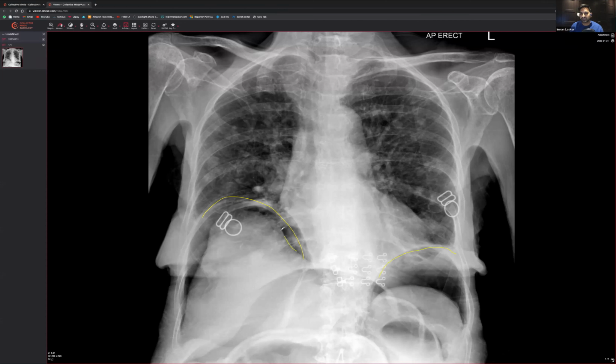But here you can see a nice interface, not nice for the patient, but nice for us to see, that there is the liver and there's an interface here. Can you see that? There's a translucency over here, and that should not be there. Should not be there at all. So that's air under the hemidiaphragms.